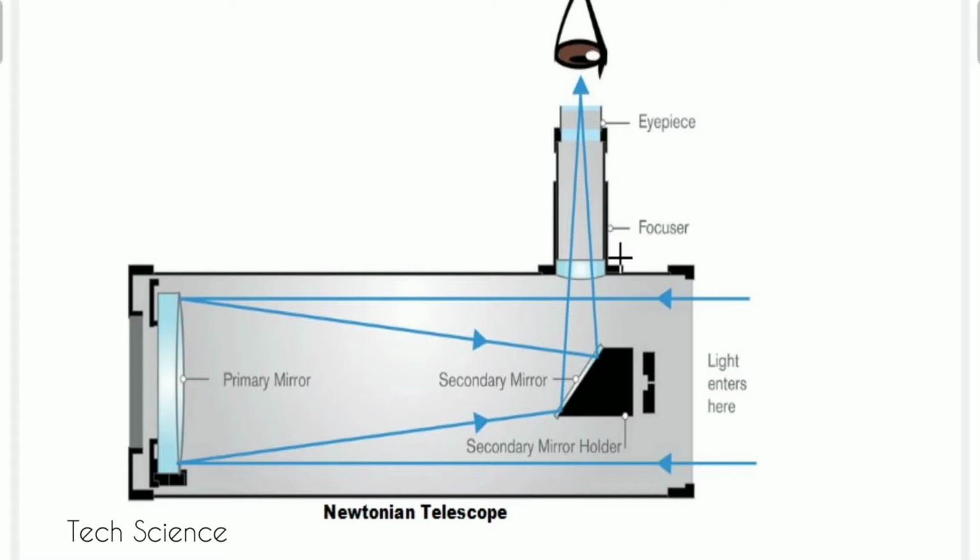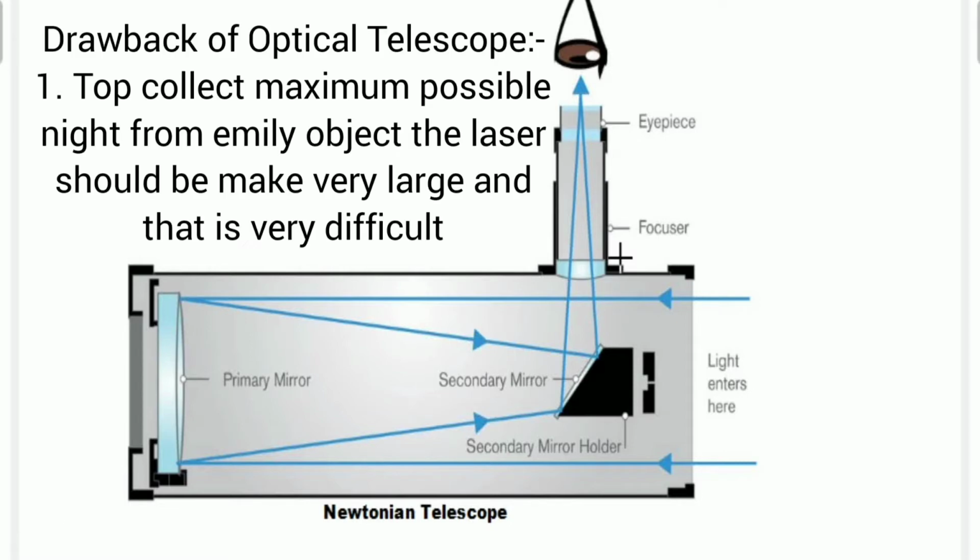The first drawback is regarding the objective lens. It has to be made as large as possible, because the light rays coming from the heavenly object, the purpose is that the maximum amount of light should enter through the lens, and that is very difficult if the lens is small in size. For that reason we have to have a very large lens, and maintenance of such a lens is very difficult, and it is very difficult to make such very large lenses.